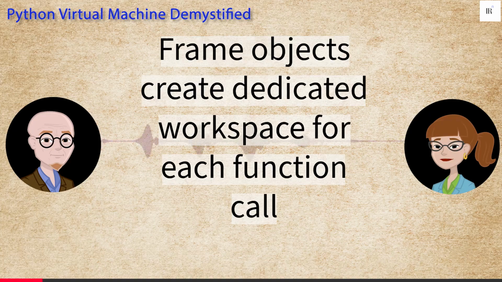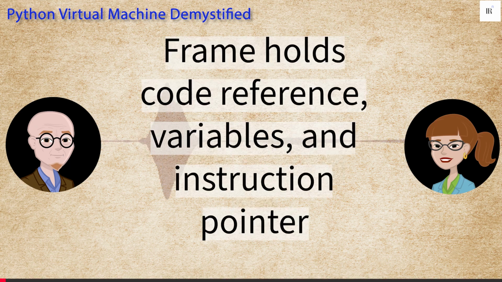Okay, the stack makes sense for operations. But what about function calls? I hear about frame objects. Where do they fit in? Excellent question. Frames are crucial. Every time you call a function, Python creates a new frame object for that specific call. Think of it as a dedicated workspace for that function's execution. What's in the workspace? It holds everything that function needs. A reference to its code object, f_code, its local variables, f_locals, the global variables it can see, f_globals, and even a link back to the frame of the function that called it, f_back. Critically, it also keeps track of the instruction pointer, f_lasti, which tells the PVM which bytecode instruction to execute next